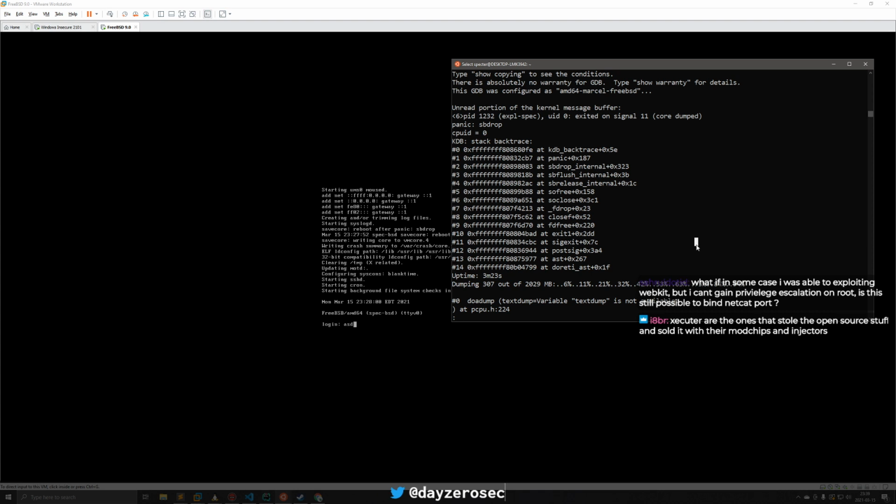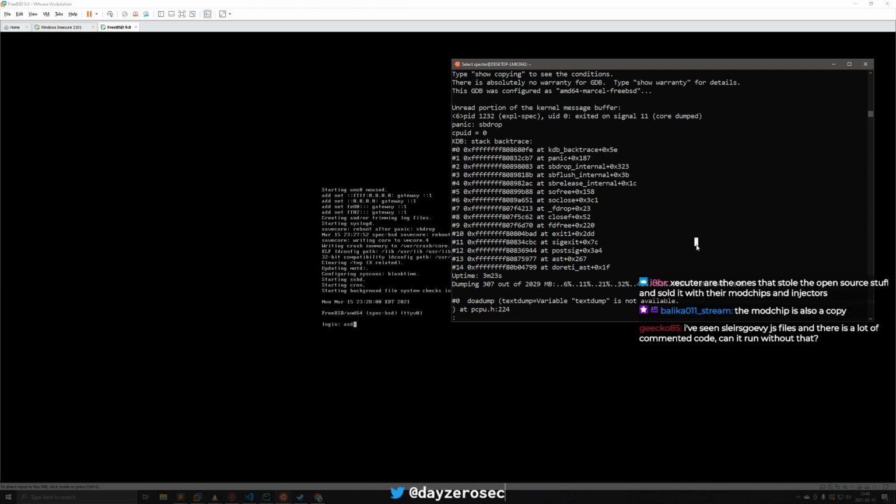Executor are the ones that stole the open source stuff and sold it with their mod chips and injectors. Oh, you're right. Yeah, okay. That's what you're talking about. I thought you were talking about the WebKit exploit where people were saying there was a little bit of anger around them because I think they took an exploit that was not a 0-day, but it was an end day that worked on pretty much all the consoles on latest firmware, and they used it for an info leak when it could have been used for so much more, and they just burned it for what some people saw as no reason.